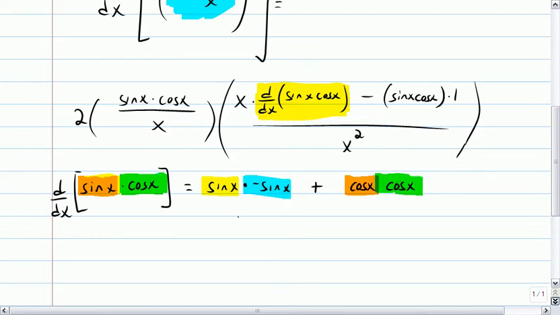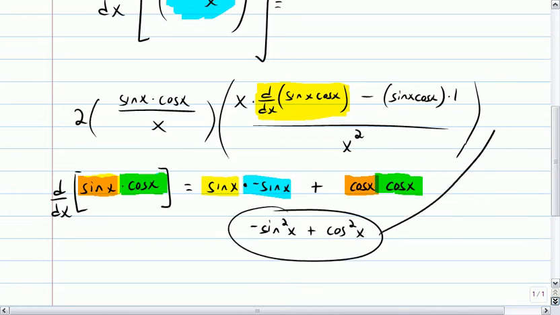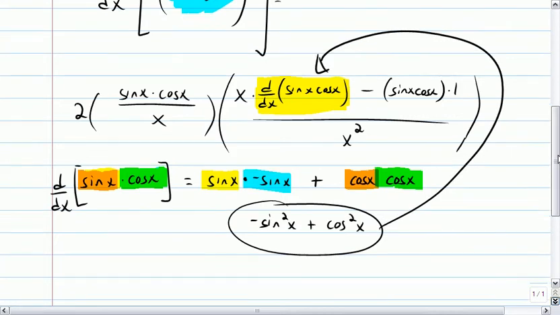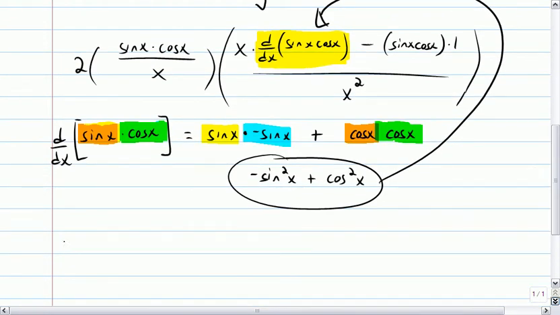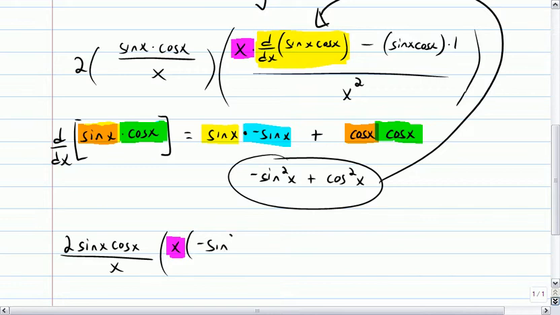So if you simplify that, you have negative sine squared x plus cosine squared x. So this stuff is going to replace what's in yellow there. So our final answer, 2 sine x cosine x over x times x multiplied by, so that's this x right here, and the yellow turned into negative sine squared x plus cosine squared x